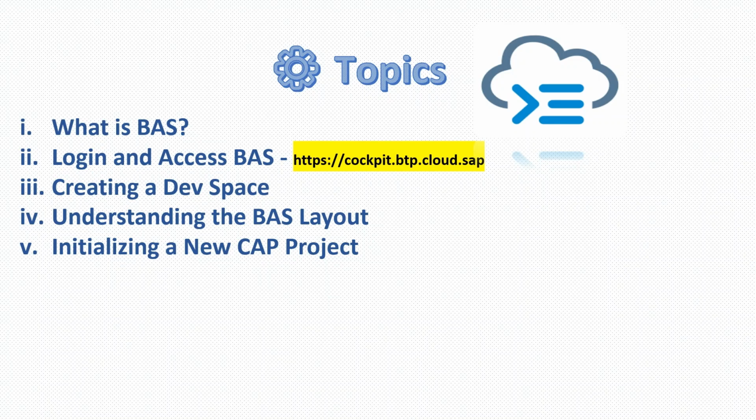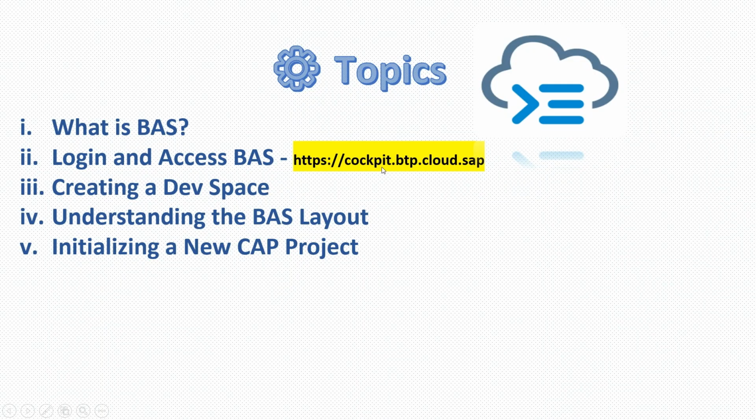I have created one video on how to set up CAP using VS Code, where you must have seen that we have to install lots of dependencies for initial installation. Like we need Node.js, we need to install @sap/cds-dk, that is the CDS development kit. If you are using Business Application Studio, you do not have to install all those things. So all you need to do is the second step, as mentioned: log in and access BAS using this URL, which is provided over here,